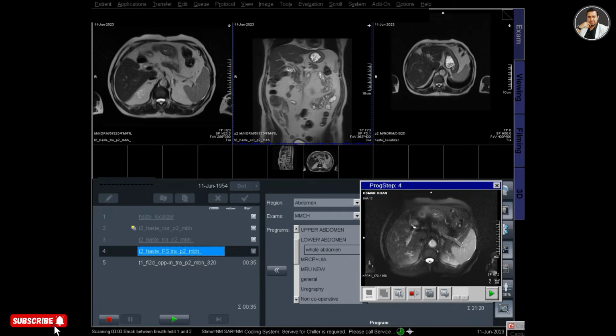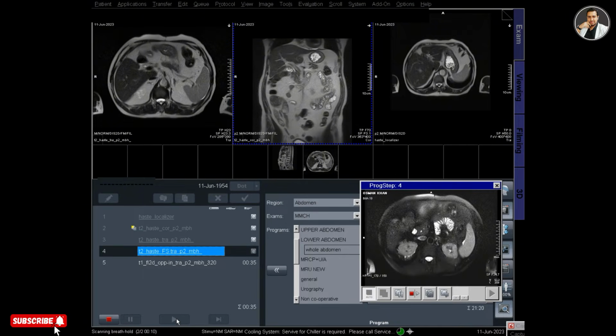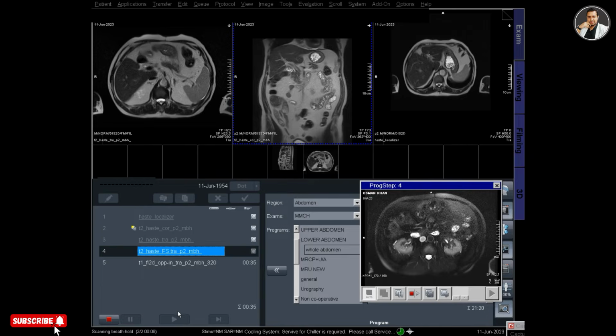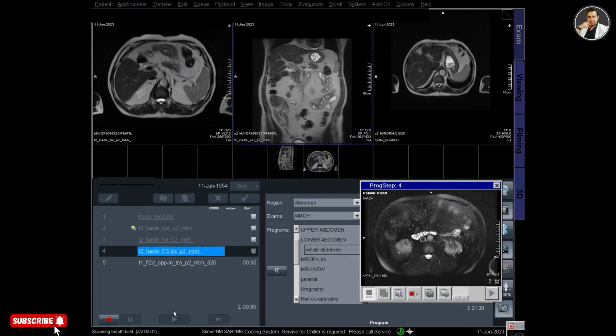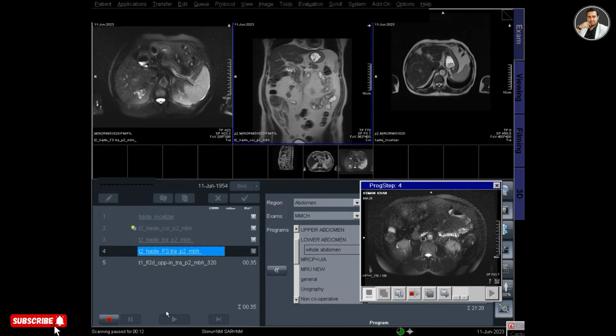And now it's a break between the first and second phase of this protocol. The patient is now breathing normally, and then after a few times again tell the patient to hold his breath, and then continue for the second phase of this scan. So the second protocol for transverse T2 HASTE FATSET is completed, and now the scanning is paused for a few seconds,